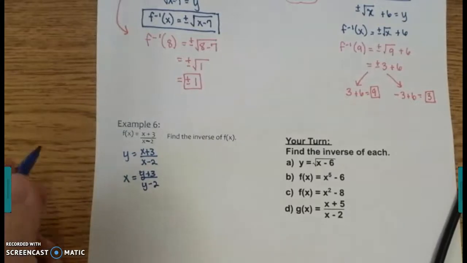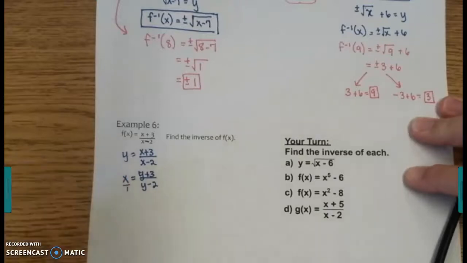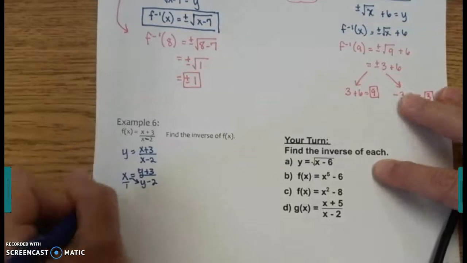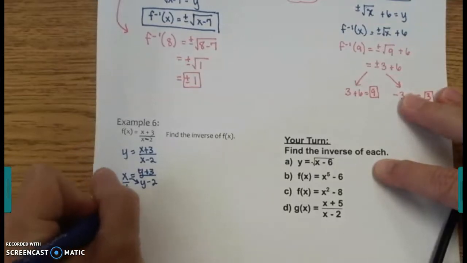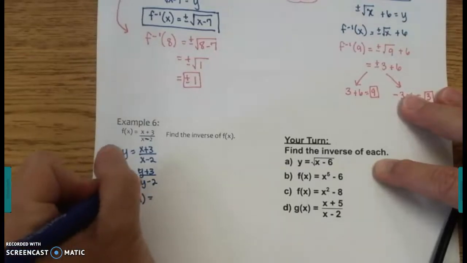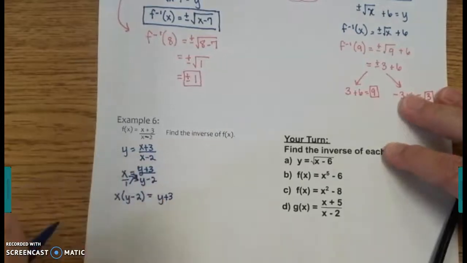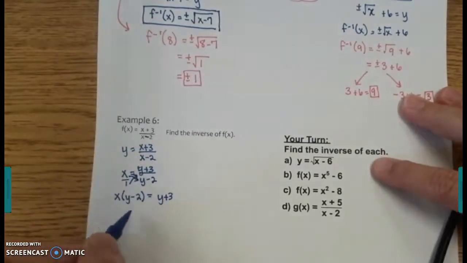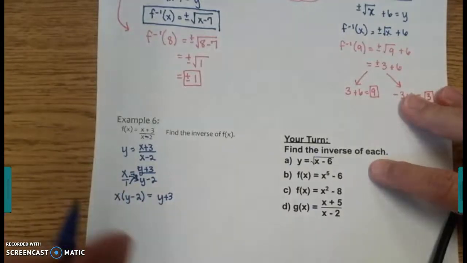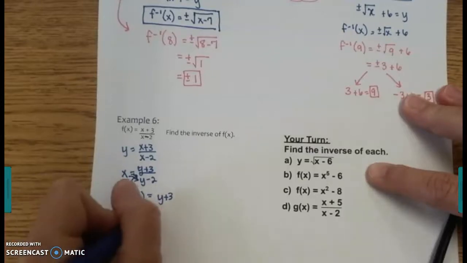Okay, so for me, the easiest way to solve this is to cross multiply. So I'm just going to put a 1 under that. And I'm going to cross multiply here and get x times y minus 2 equals, and then we're going to cross multiply here and get y plus 3. So then we want to distribute here. So you're going to get xy minus 2x